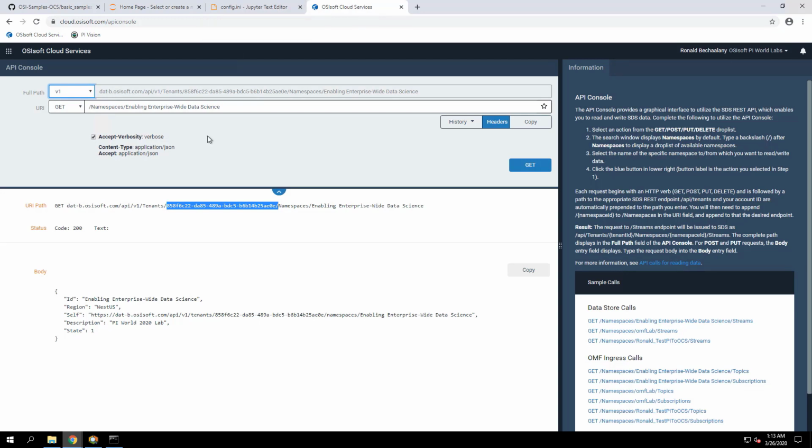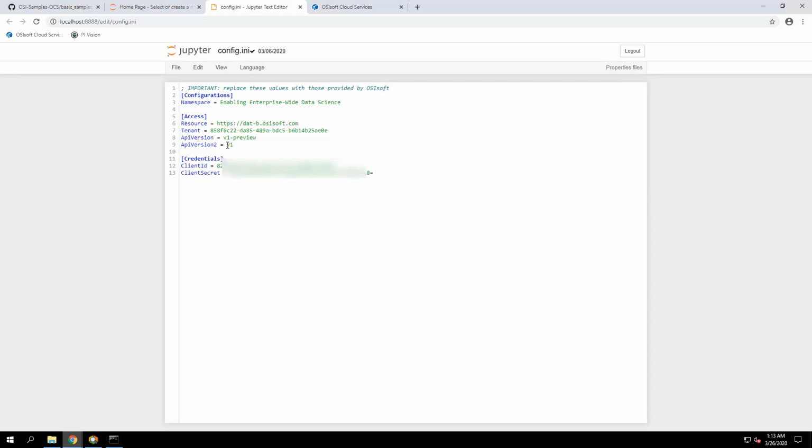Again, keep an eye on updates to OCS. We might release newer versions of the API, so make sure you specify that in the config file. But we're also including two API versions here. One is v1 preview, because this is what we're going to use in this lab, since we're going to access data from the data views, and the data views are in preview mode, so they require v1 preview. And we included another version of the API, v1, if we want to access other objects in OCS other than the data view.